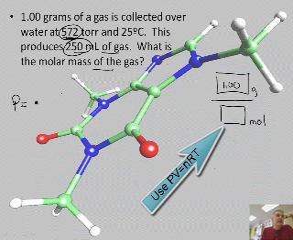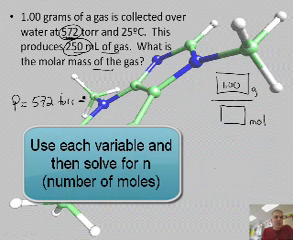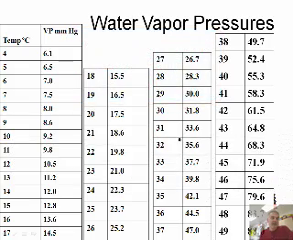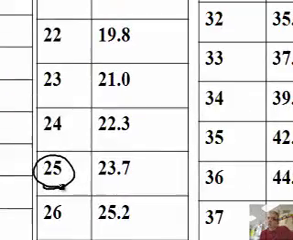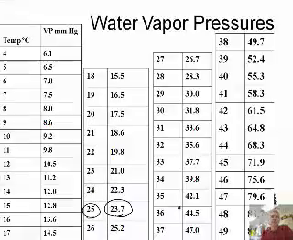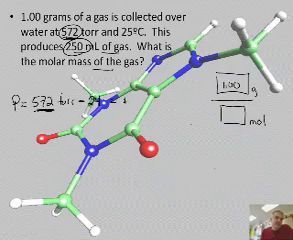So what's our pressure? Our pressure is 572 torr. Now, I have to subtract the water vapor pressure. So we have to go to the water vapor pressure table. So I'm going to pause and go find that. So here's the water vapor pressure table. At 25 degrees Celsius, the water vapor pressure is 23.7. So we're going to subtract this from the pressure. Since this is rounded to the nearest whole number, I'm going to say 24. So if I subtract 572 minus 24, I can just do that in my head. That'll be